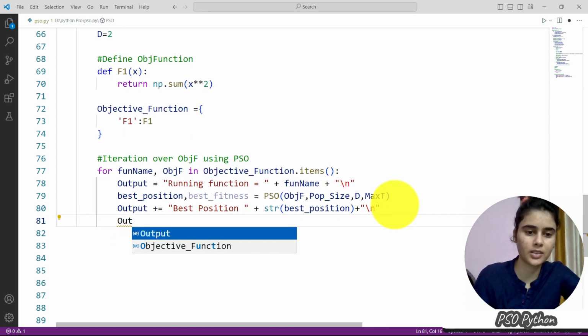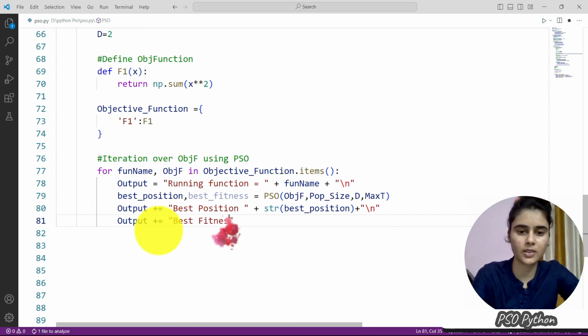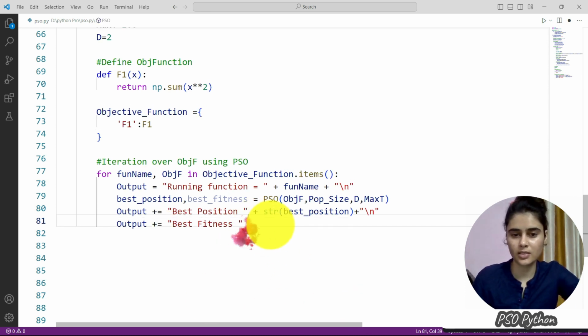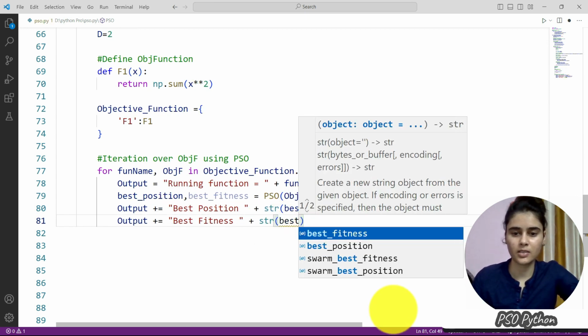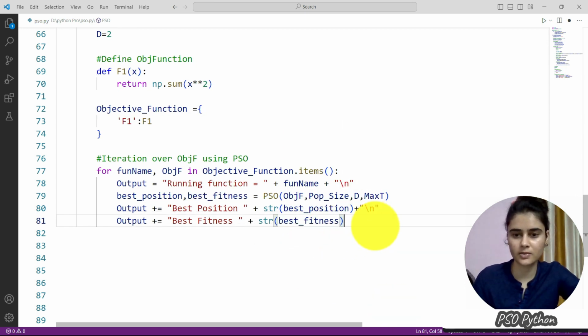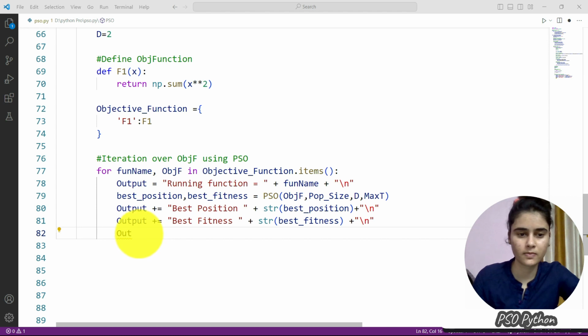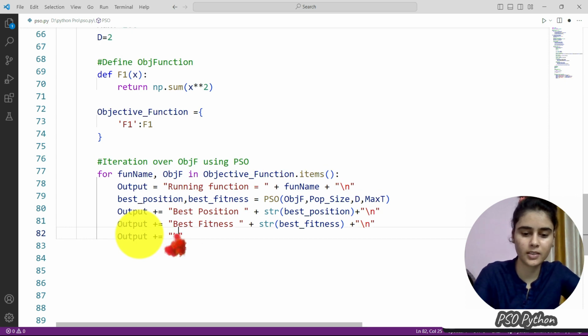Then we have the new output for the best fitness, that is the best fitness value we found is the best fitness. And we are adding here a new line.